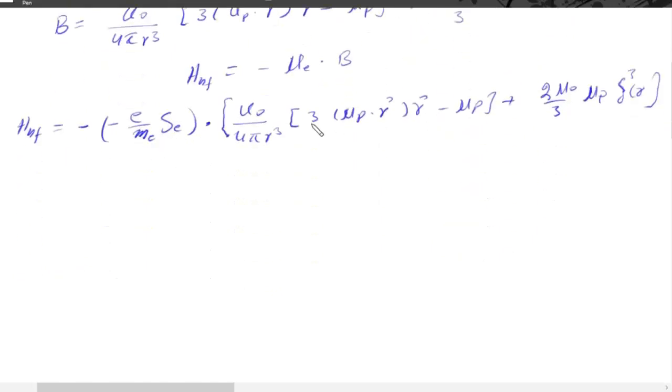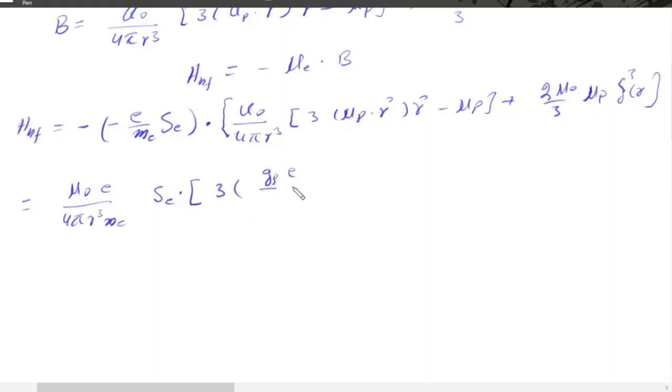Then we multiply this term first with this term and then with this term, so this minus becomes positive. Then we take the constants here: mu_0 e/(4 pi r^3 m_e), these constants, and then S_e, the spin of the electron, dot here, 3 into